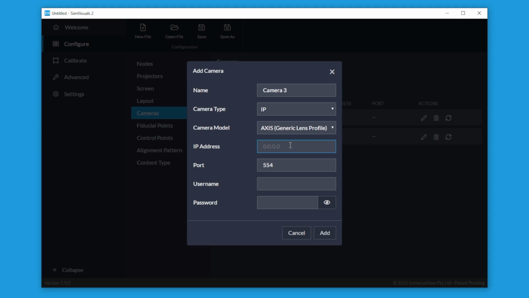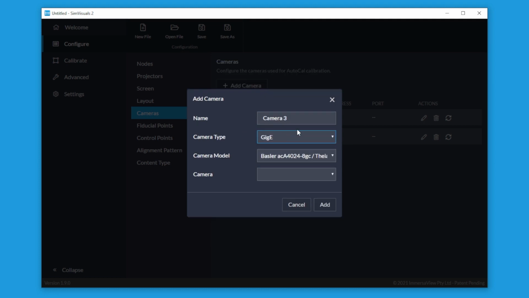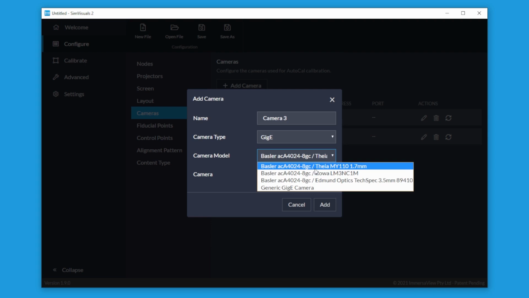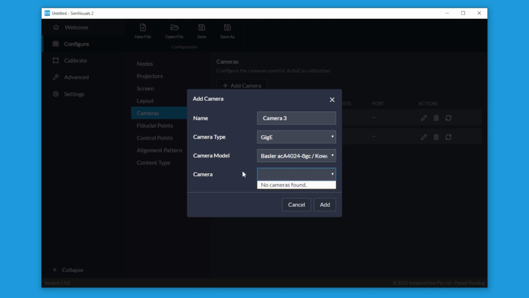Here we can put in our IP address for the camera. The port will normally stay the same, and then username and password if authentication is on the camera. Let's have a look at the process for GigE cameras. Here we'll choose the camera model, which gives us our lens information. And then in this drop down, we'll have our list of GigE cameras if they're connected to your network.